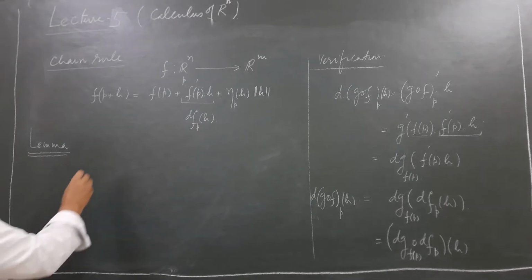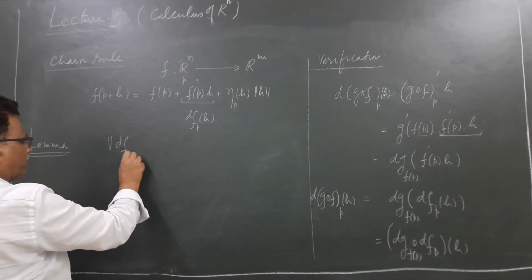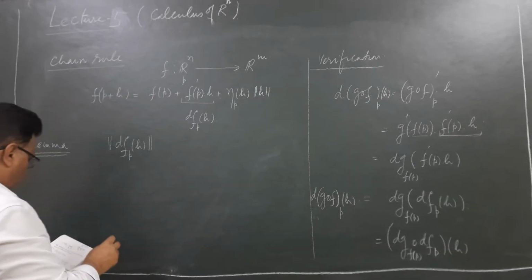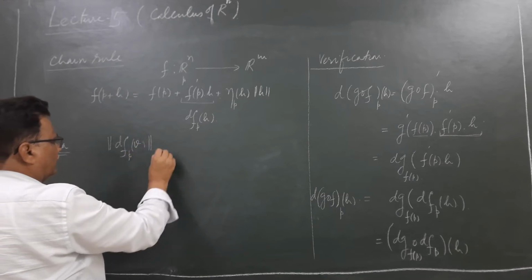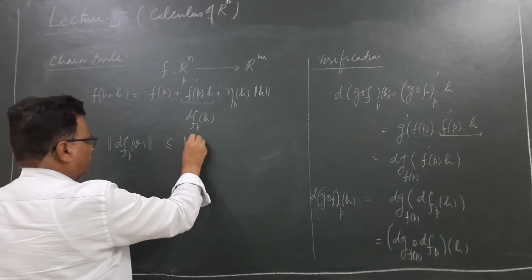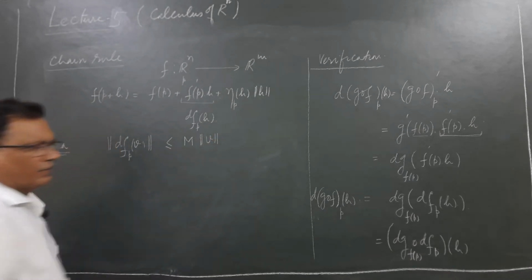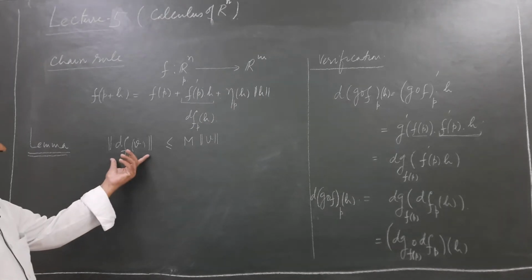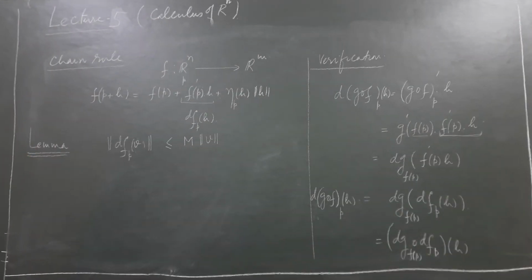It says that the norm of df_p at any h, or you may better call it v, is always less than or equal to M times the norm of v. Okay. So this tells you it is finite, it has an upper bound. Okay. So, to prove this